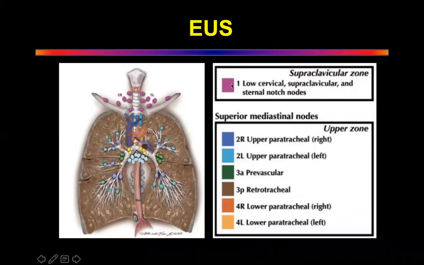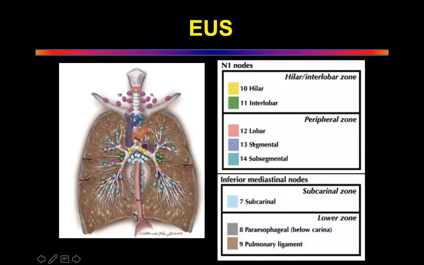EUS can get at 1 because it lies parallel to the esophagus. 2R, 2L, 3A, 3P, not 3A. This is actually a misnomer because esophagus lies at the back. So EUS finds it very difficult to get to 3A. It's the 3P that it can get to very easily, the 4R and the 4L. And more importantly, the 7, 8, 9. These are specifically, 8 and 9 is specifically by EUS, and